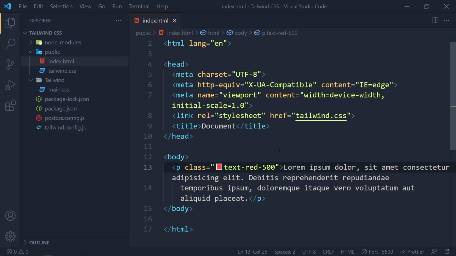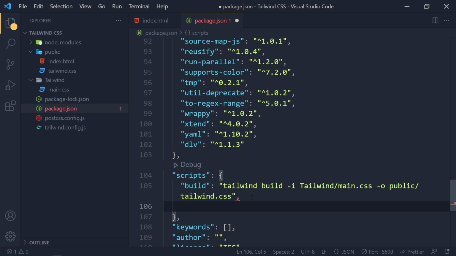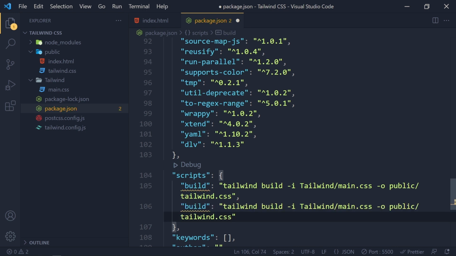Now we are going to add another script for continuously running the build command when we save the file. First of all, open the package.json file and copy this full line and write a comma at the end. And in the new line, paste that same line and here write watch